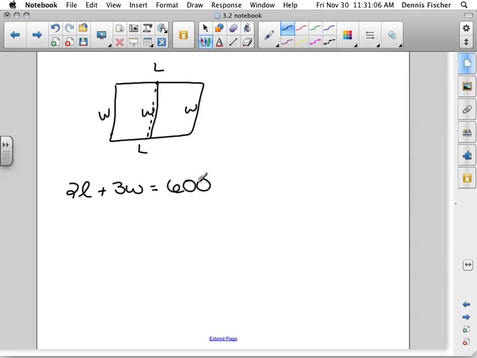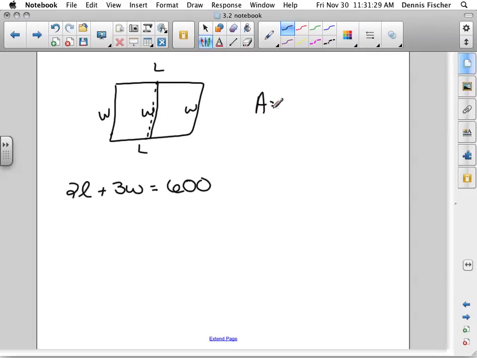If I'm going to write a quadratic equation, I need to have one variable, right? Right now I have two variables. I've got three of the W going across and 2 of the L, right? Let's write another equation, the equation for the area of this figure. Area is equal to,